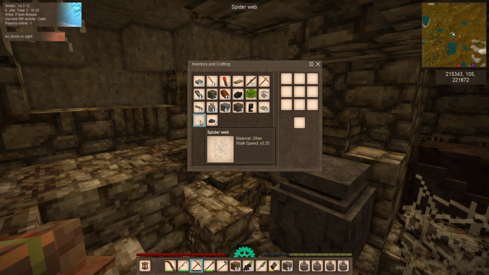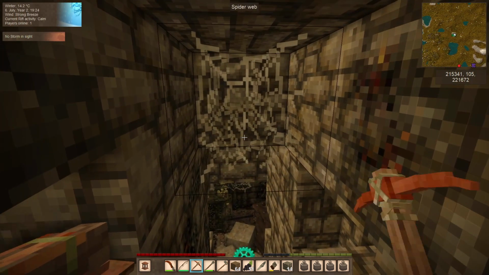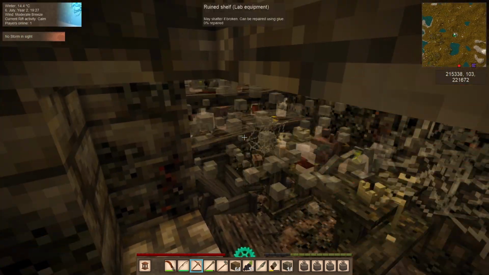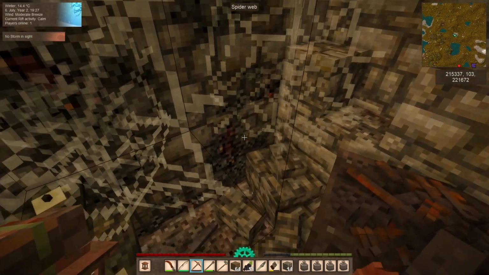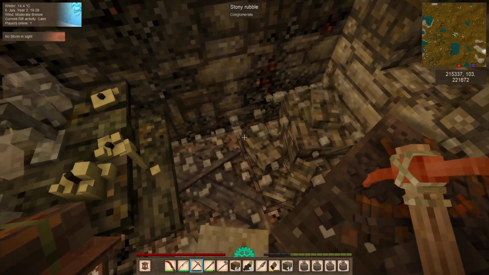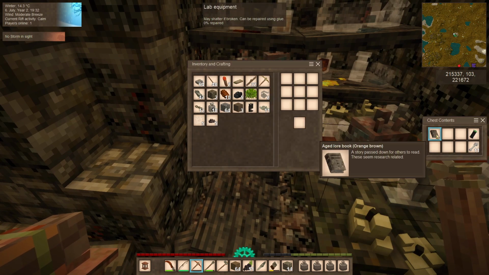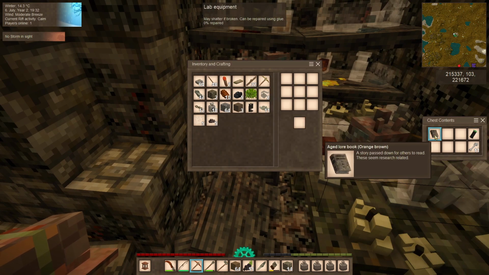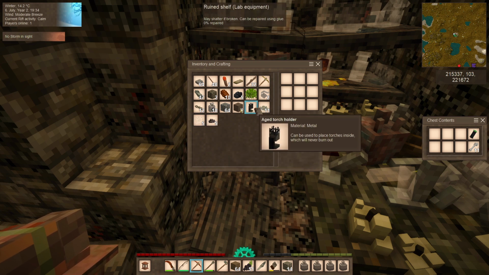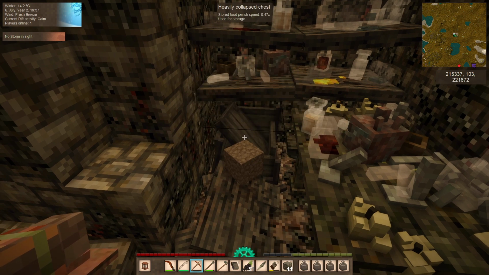Interesting thought here. I'm wondering whether we could actually make a drifter farm that utilises webs as part of its mechanics, because they slow your walking down. So if I were to put these in at a suitable point, probably not worth the effort, but we'll